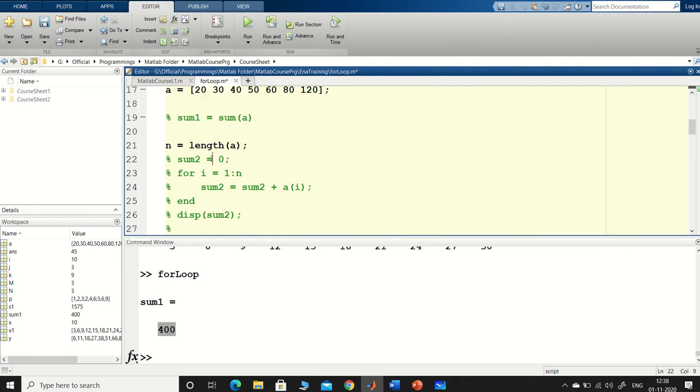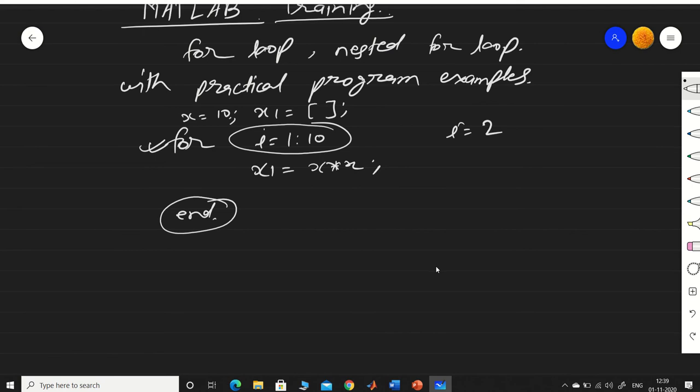Now I have started a variable sum2 which is equal to 0, and then our aim is to go through a for loop from the first element to the last element up to n, right? So it will start with what? Basically, suppose a is 2, 3, 5, 6, 7, 8, right? So n is equal to the length of a. So 1, 2, 3, 4, 5, 6. So n will become 6.